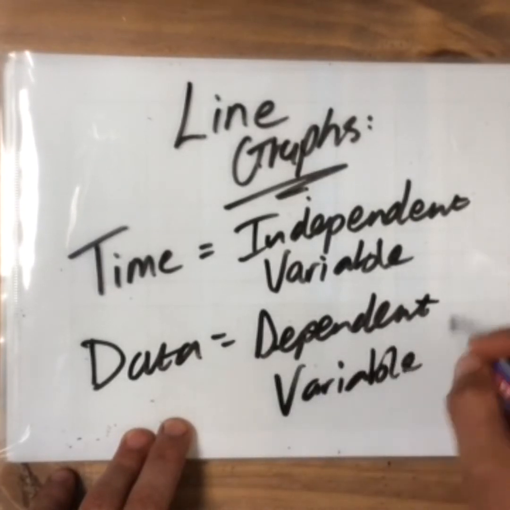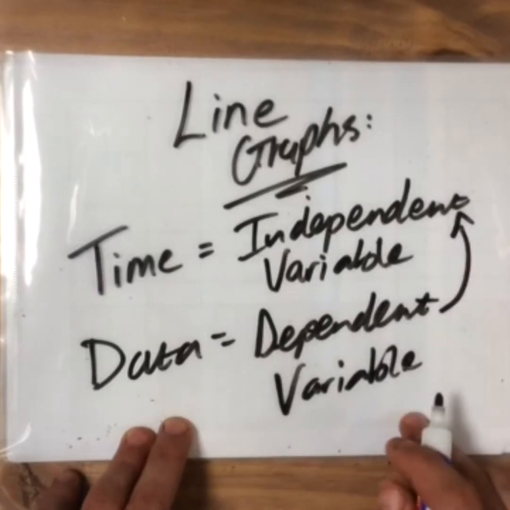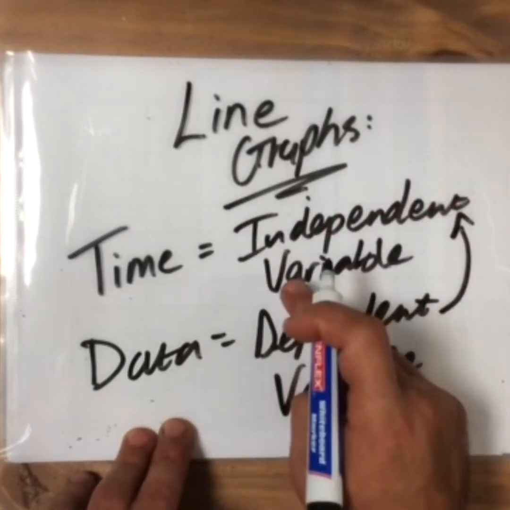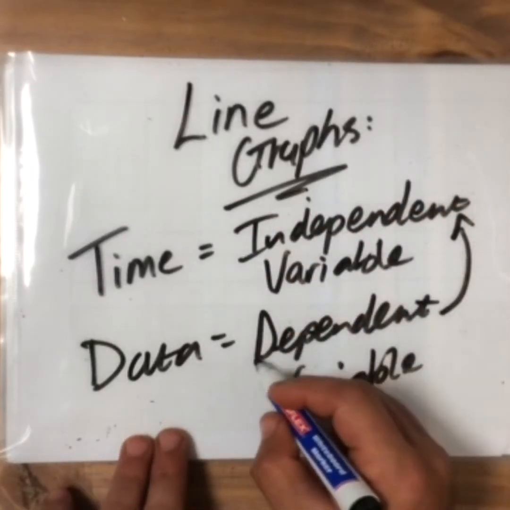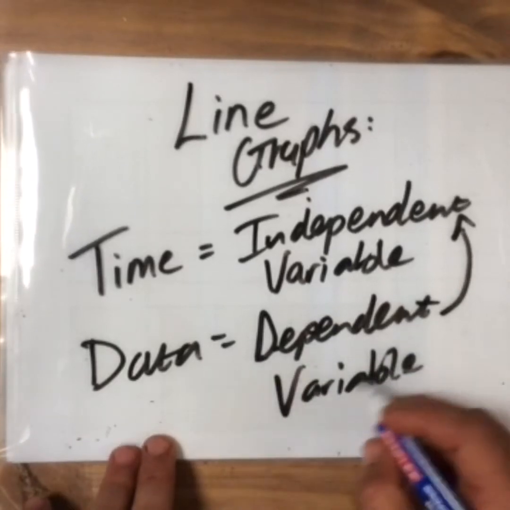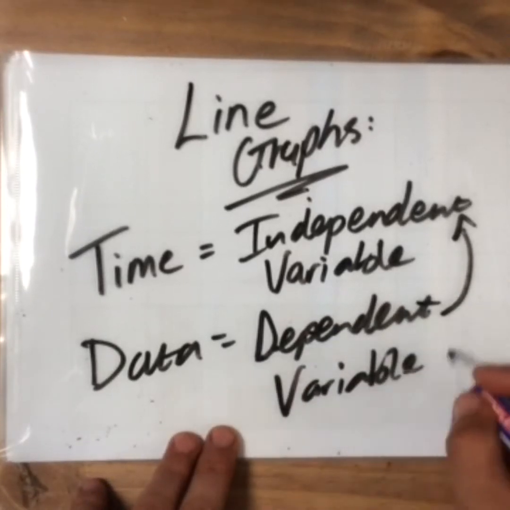So we need to look at what's actually happening in a line graph. Now we have data points. In any graph, you'll have data points. Alright, data that you're handling. Now that data is dependent on time. Anything that